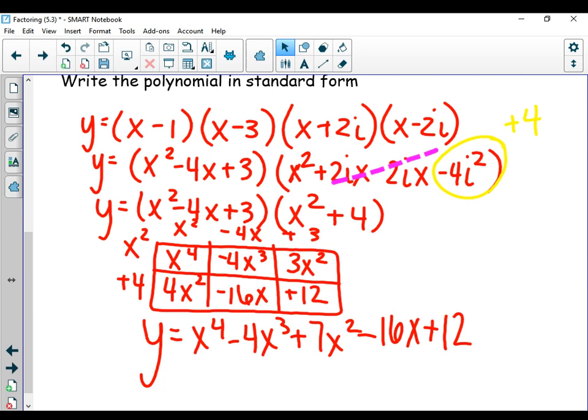So like I said, huge room for error. Forget a little negative, add wrong, multiply instead of add. It happens, okay? So again, take your time when it comes to problems like these. All it is is multiplying. But again, that's when mistakes happen, okay? Any questions on if you are given the zeros of a function and you're forced to write it in standard form?